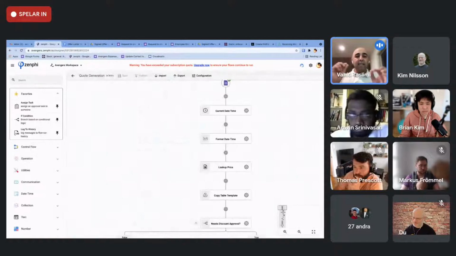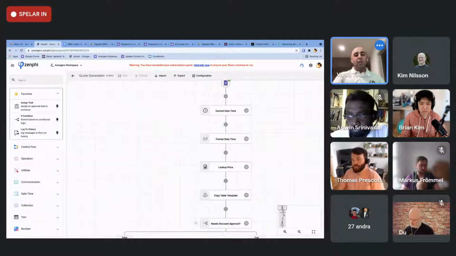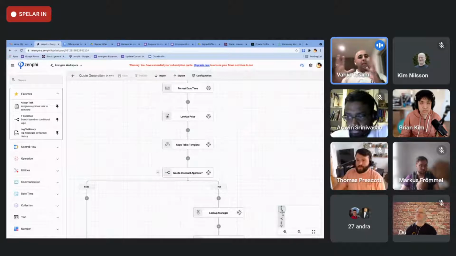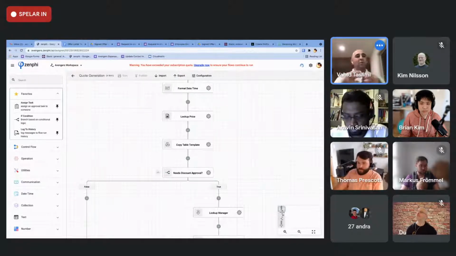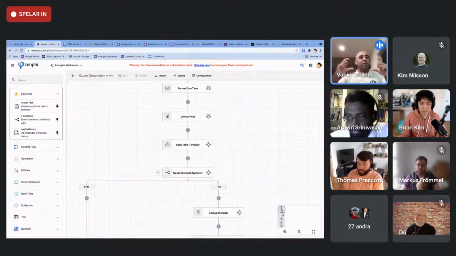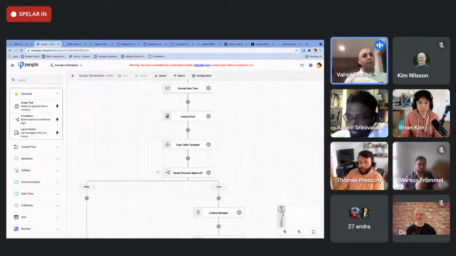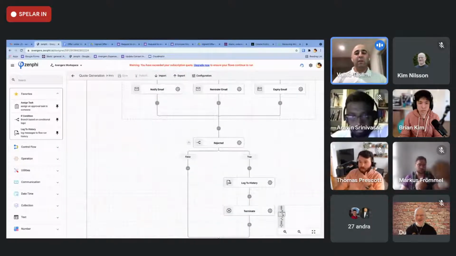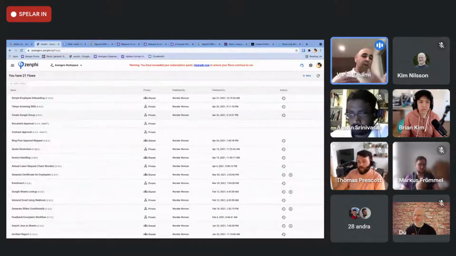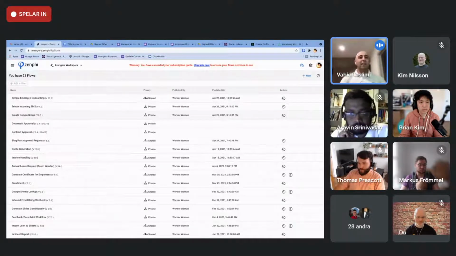Again, simple things in life, but it makes your life a lot easier, which uses Docs and Sheets to generate codes. You generate a table in a Google Sheet, and you can do all the magic and all the formatting, everything you want to do in Google Sheet, and take the table, place it somewhere in Google Docs, generate a code and send it to your client. On top of that, there's a lot of scenarios we've got. People are using invoice handling for incoming invoices,